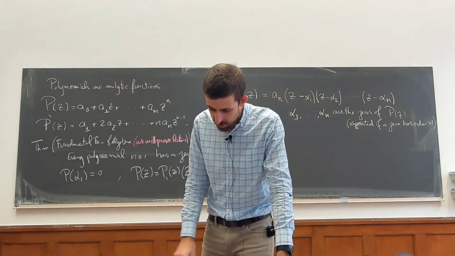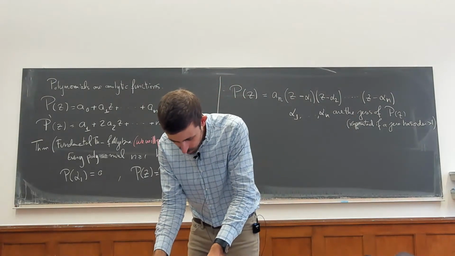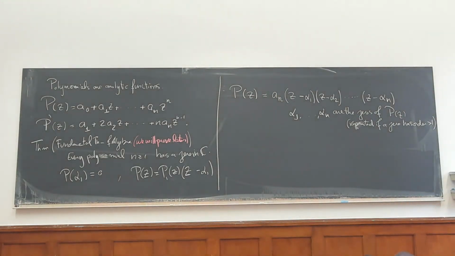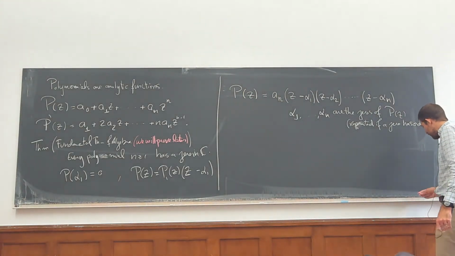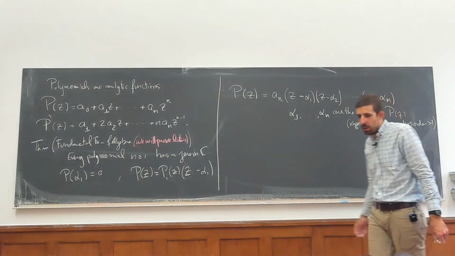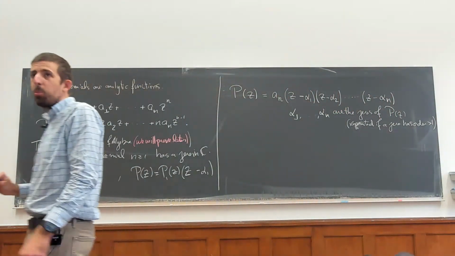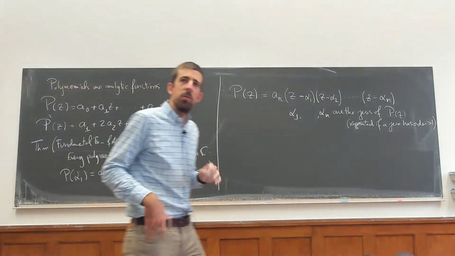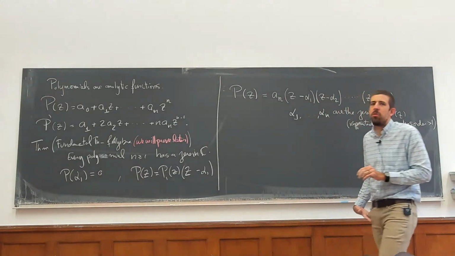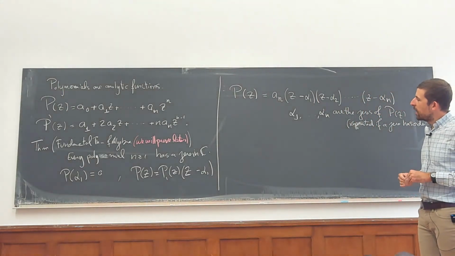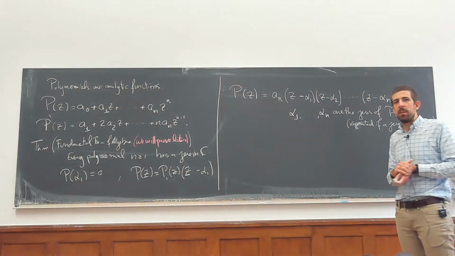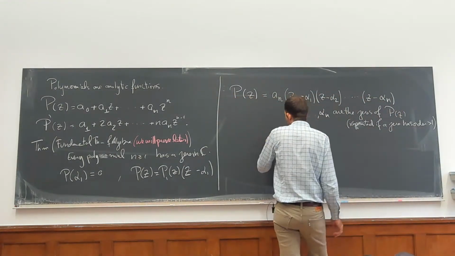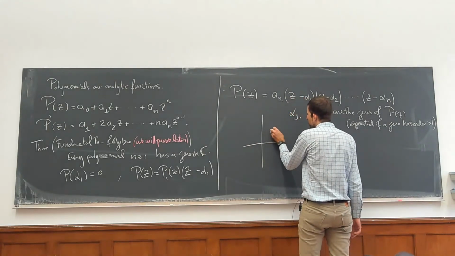Okay, so let's see if we can get some cool statements out of polynomials. There's a theorem called Lucas's theorem that I'll prove now. But I want to try to give some intuition of what this theorem is saying. What this theorem will say, basically, or a slightly stronger version of it, is that if I have a polynomial in the complex plane, and I take the zeros,